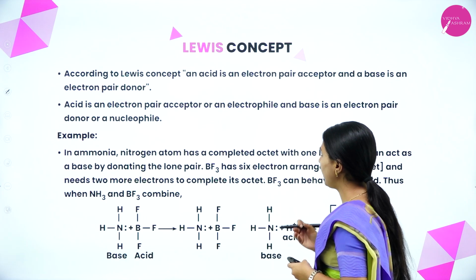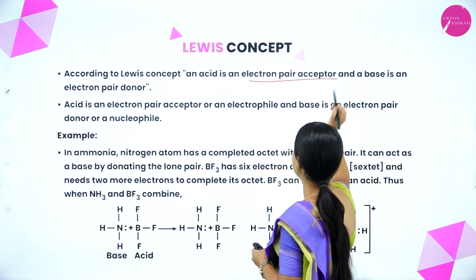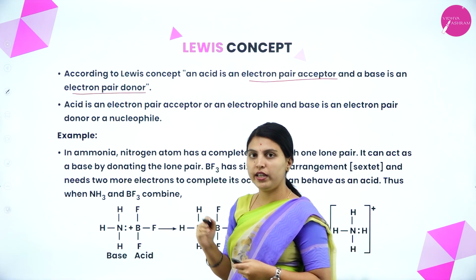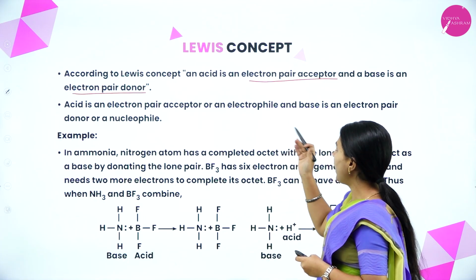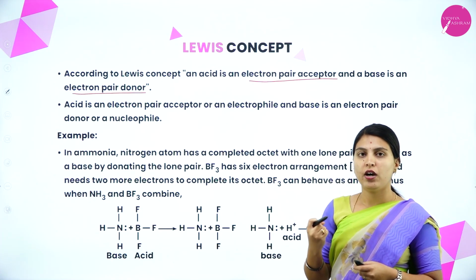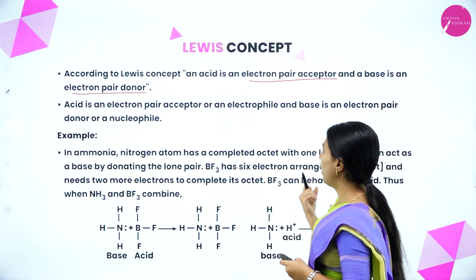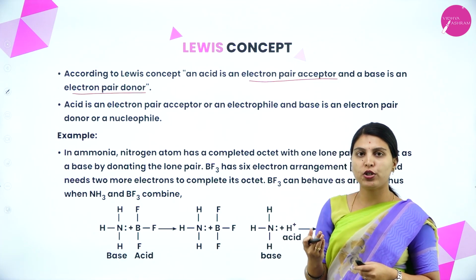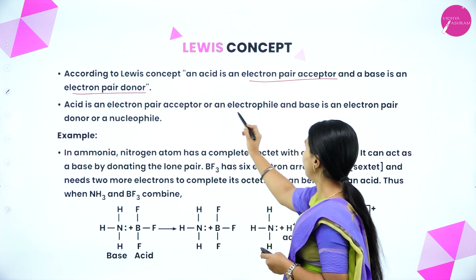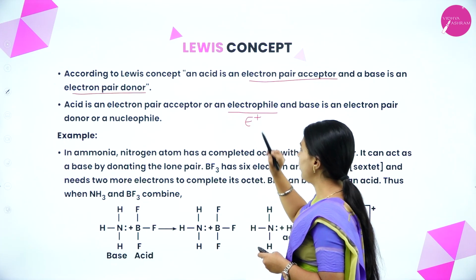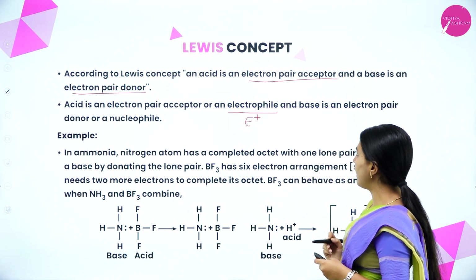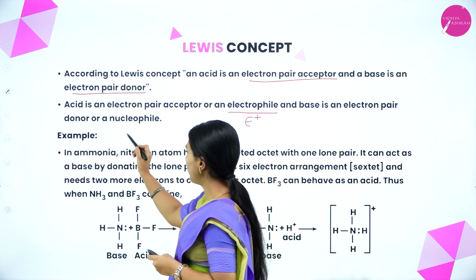According to the Lewis concept, an acid is an electron pair acceptor and a base is an electron pair donor. Electron pair means 2 electrons should be accepted by the acid. Base means electron pair donor, 2 electrons should be donated. An acid is an electron pair acceptor or an electrophile. Usually an electrophile is represented by E plus. So acid is an electrophile and base is an electron pair donor or